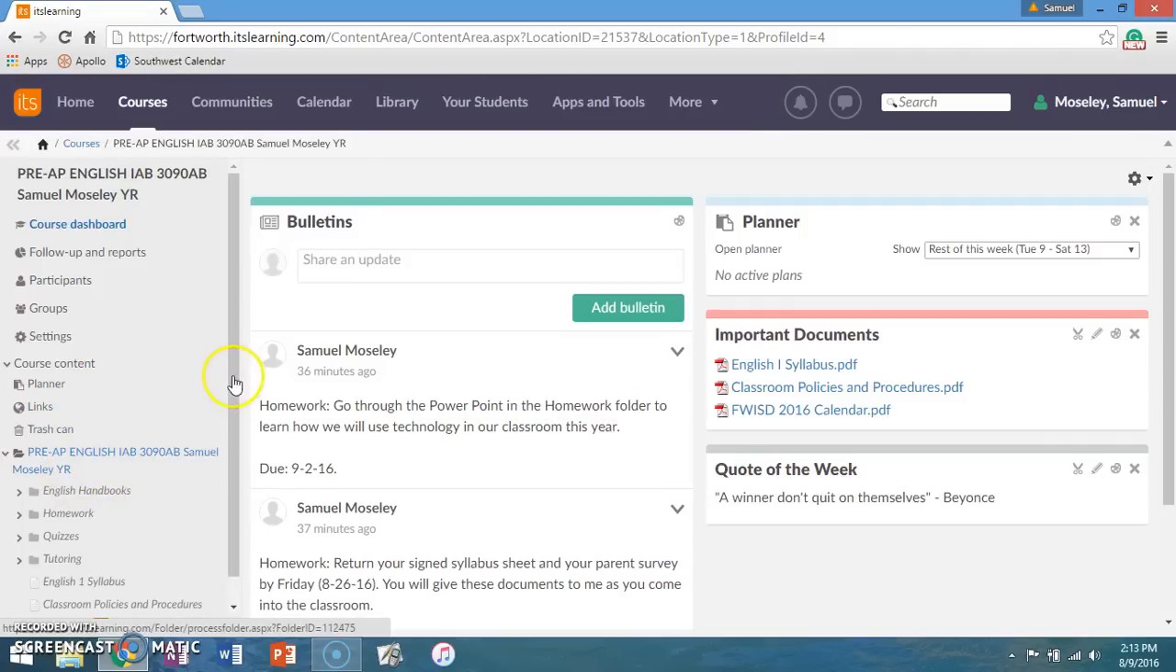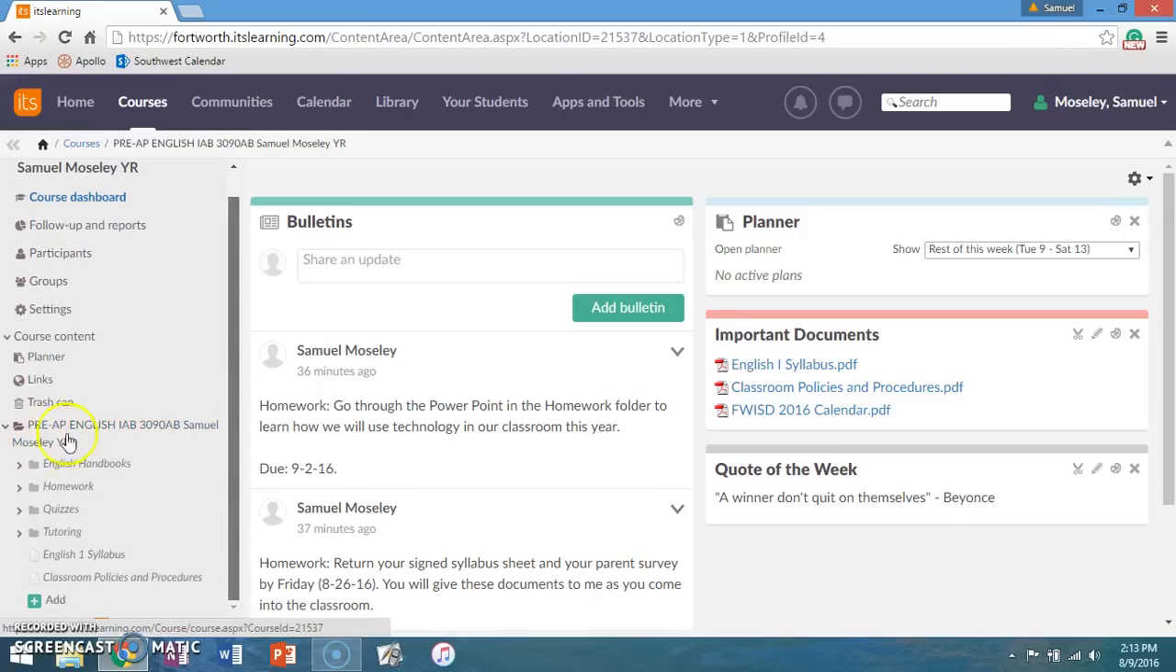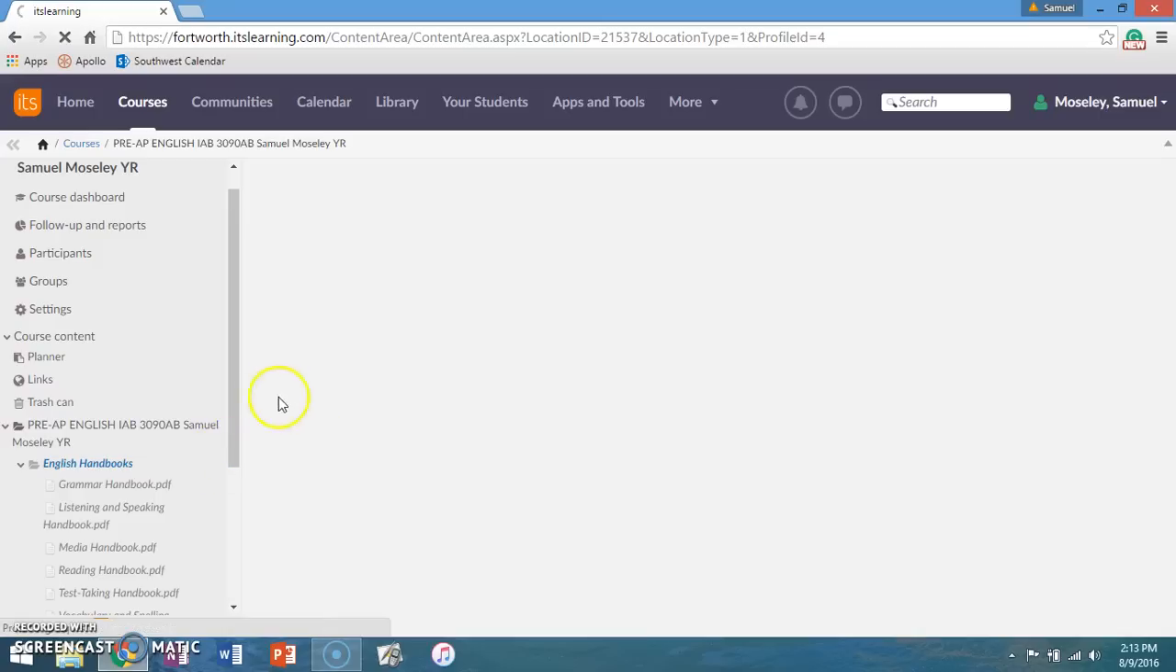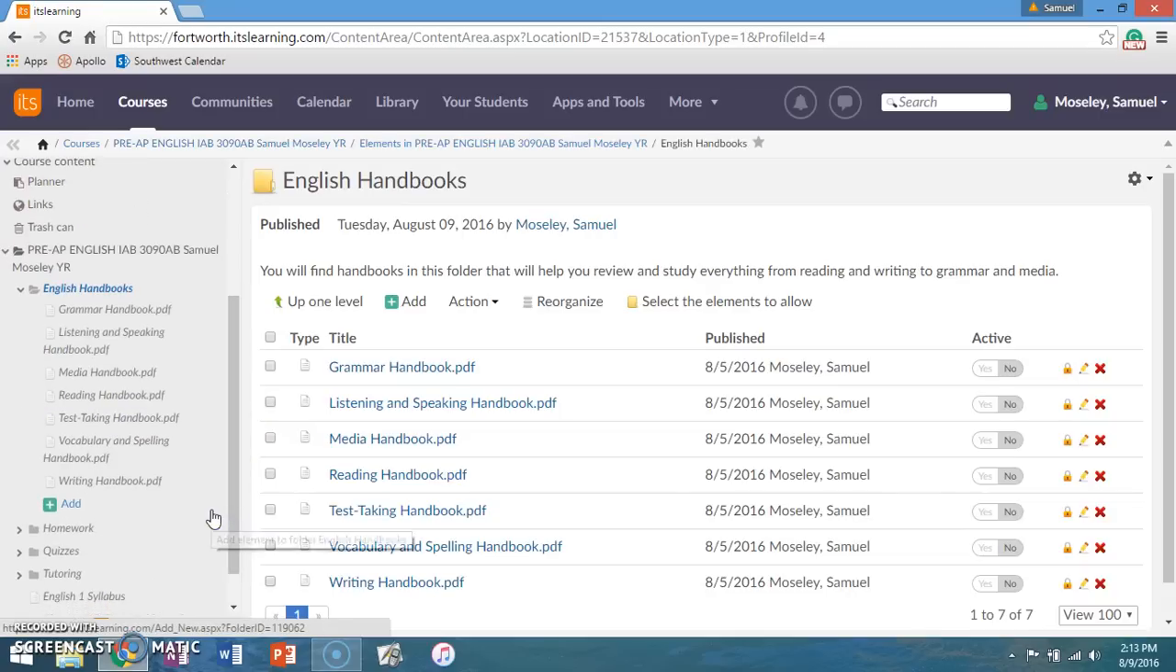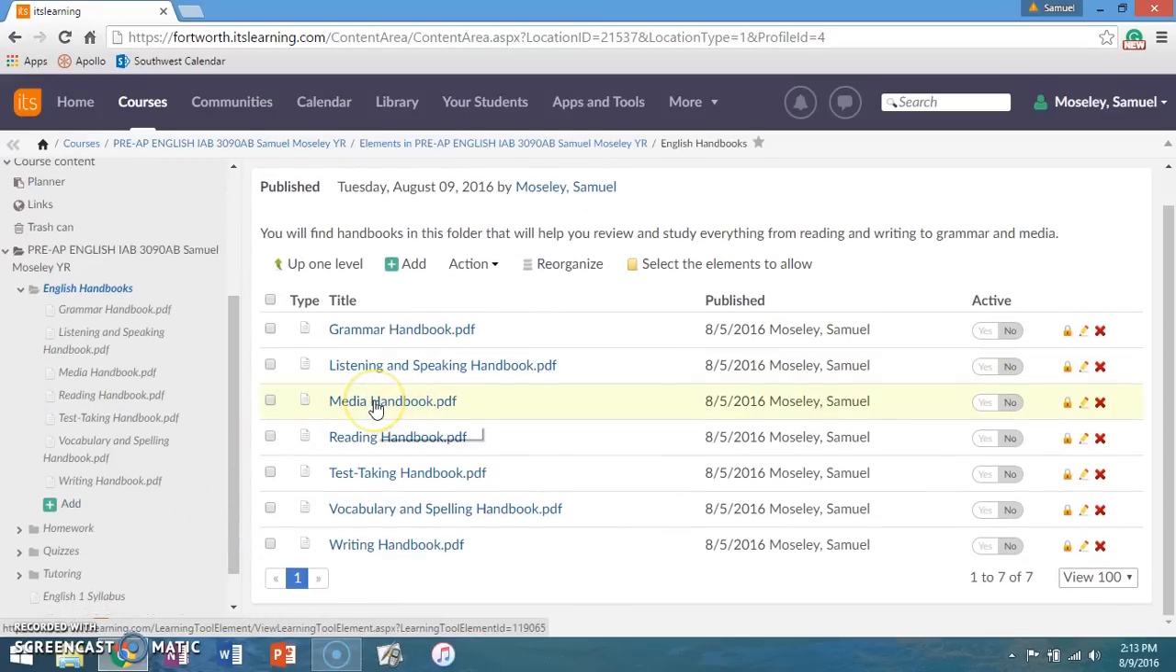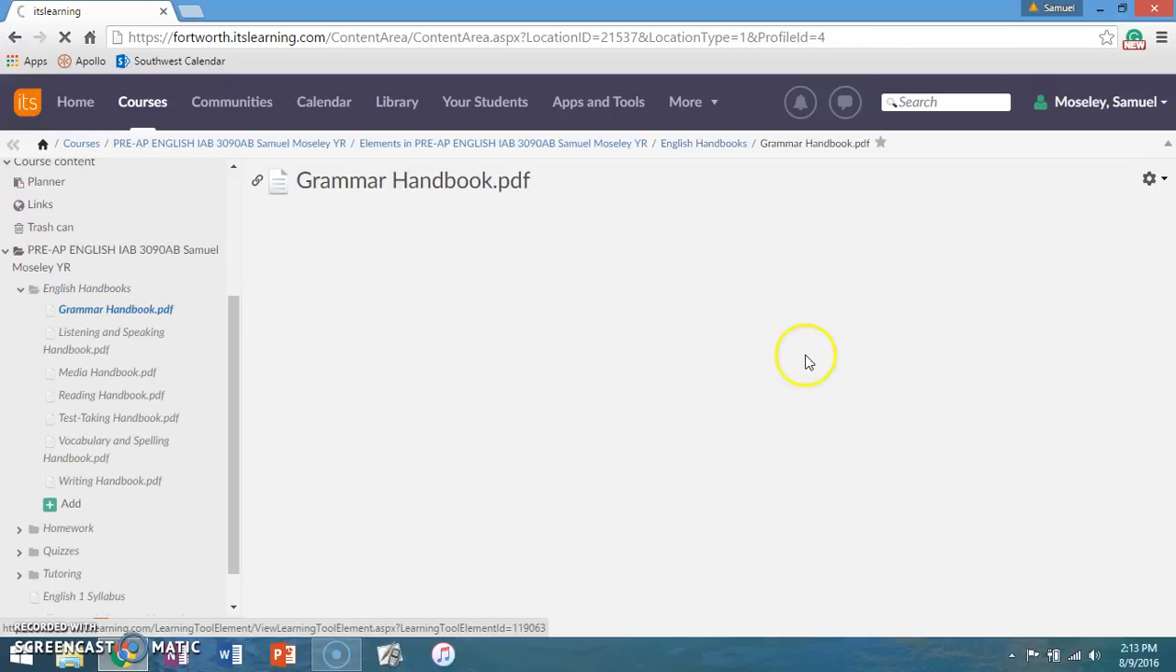And you'll see on the left here under the English 1 class there are different folders. I have English handbooks, homework, quizzes, tutoring, and that's it. The syllabus and classroom procedures that I need to take out. So your English handbooks. These are really cool resources I have for you. If you want to further your education or you need a refresher on a certain topic, you can go to the grammar handbook, let's say, and you can look up in the grammar handbook,